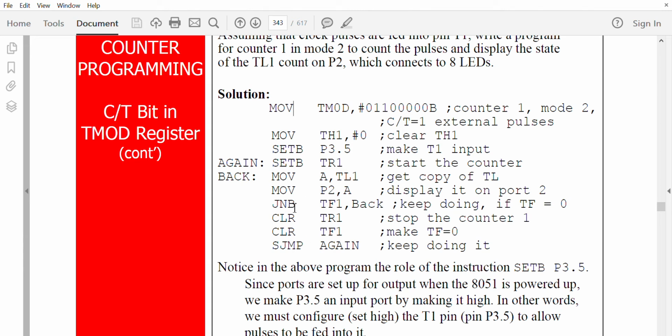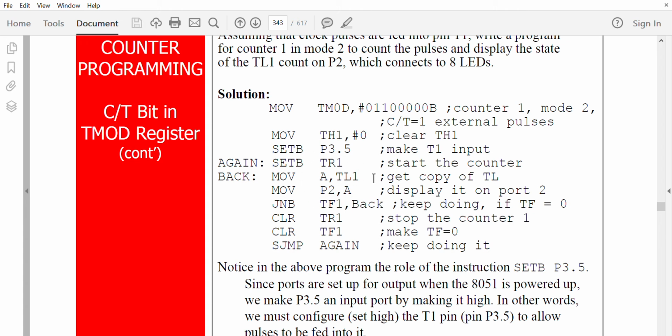Jump if no bit to TF1. TL1 will count from 00 to FF. When it goes from FF to 00, the TF1 will be set to 1. Until then, this process will continue.